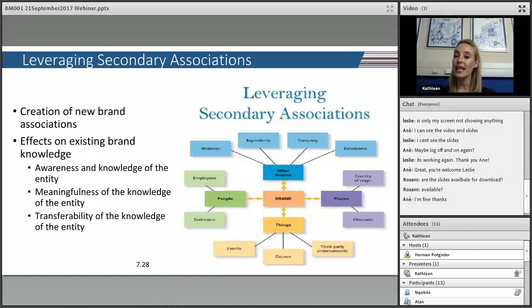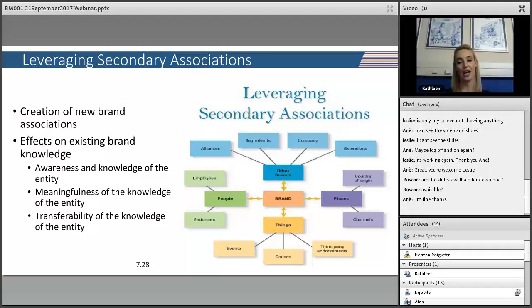Then, the second option available for leveraging is to leverage based on place. There are two options here: country of origin leveraging, where we focus on where the brand actually started and where its roots are, or our channels of distribution. Often the retailers that we choose to market our product through have a big impact on the way that customers